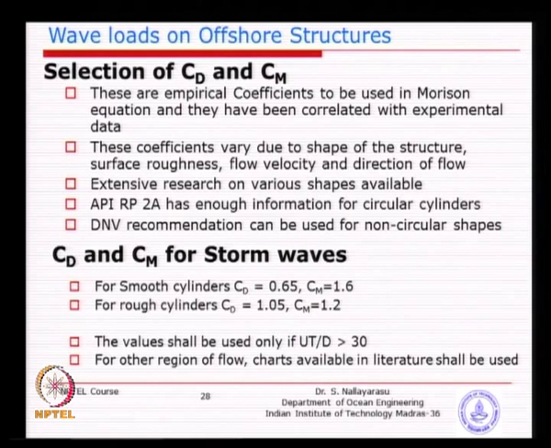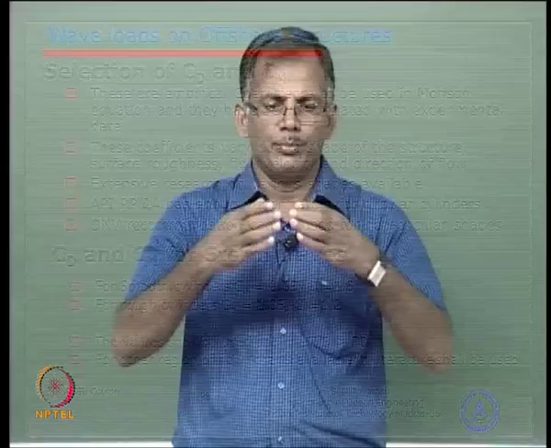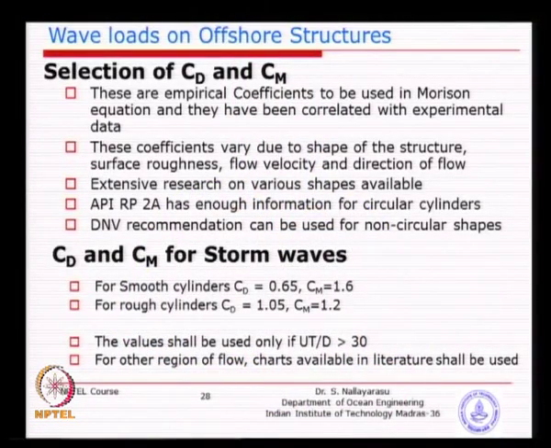Selection of CD and CM again is basically an empirical coefficient, very similar to the selection of wind drag coefficients for calculation of wind force on structural elements. For a rectangular projected surface, tubular surface, or streamlined body, each one has a different drag coefficient. Similarly here we have the drag and inertia coefficients, which are correction factors to the Morison equation. Remember, these are numbers you have to select according to the size, shape and type of flow. That means whether the wave is a 10 meter wave or a 1 meter wave will also change them.